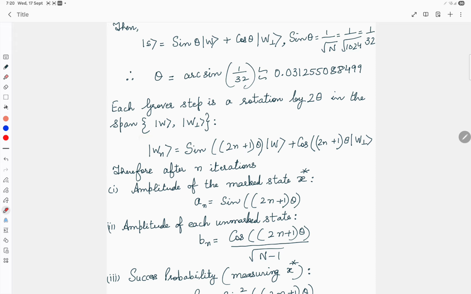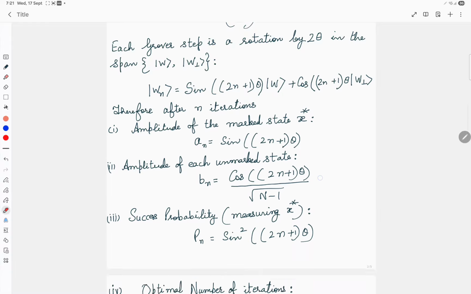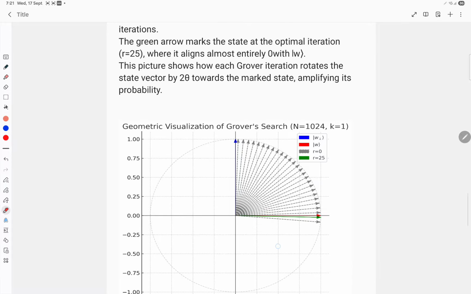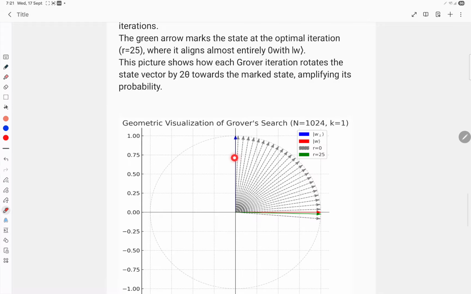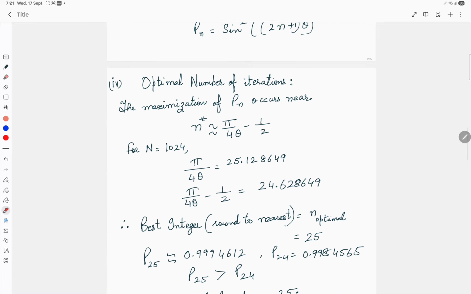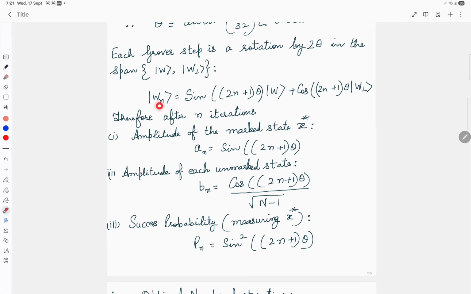of ket w and ket w perpendicular, and this is given by sin((2n+1) theta) for ket w and cos((2n+1) theta) for ket w perpendicular. This is because after every iteration there is a rotation towards the target state by an angle of 2 theta, right? So if you try some trigonometric manipulations, you will be able to find this ket w for